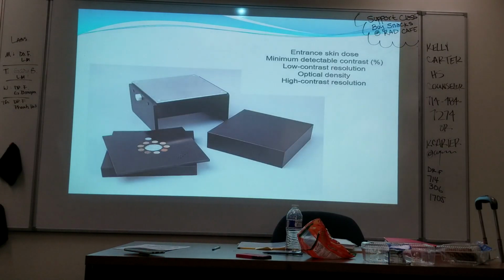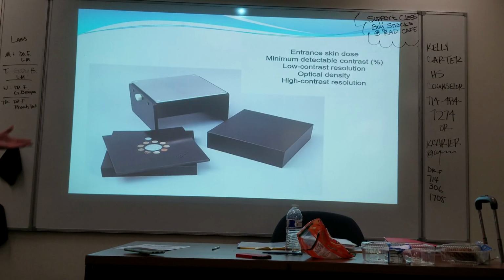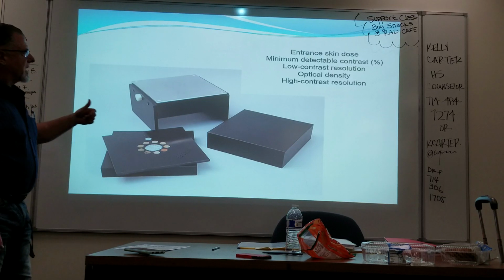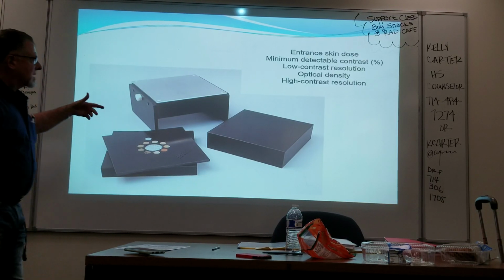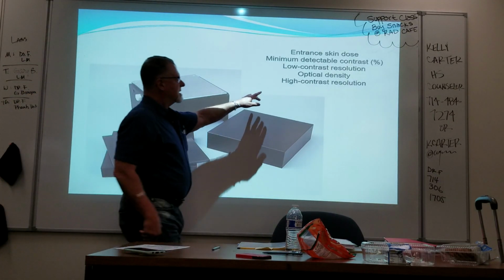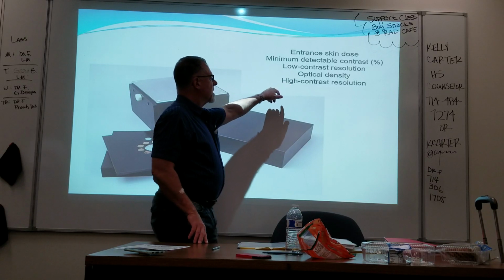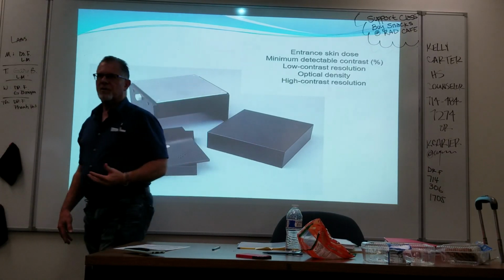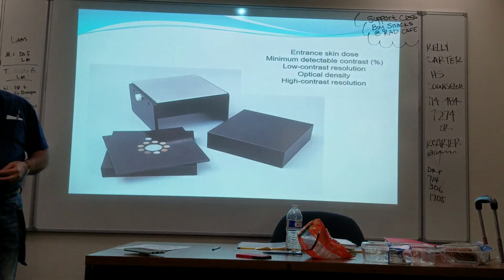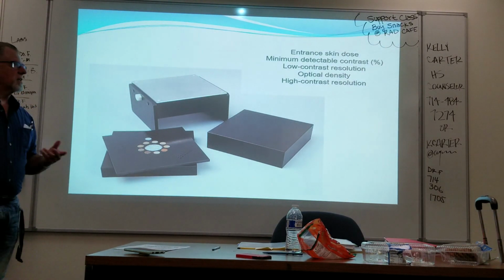Those are important to look for. This is a particular phantom. It lets you do lots of things. One phantom lets you measure entered skin dose, minimum detectable contrast, low contrast resolution, optical density, high contrast resolution. High contrast resolution is done with a metal phantom. Low contrast resolution is done with usually tissue equivalent material. It can include things like paraffin. It can include things of different